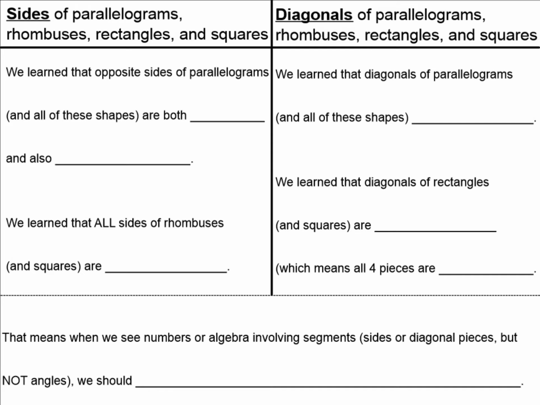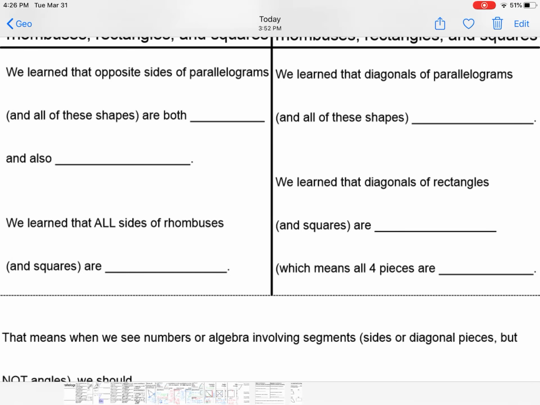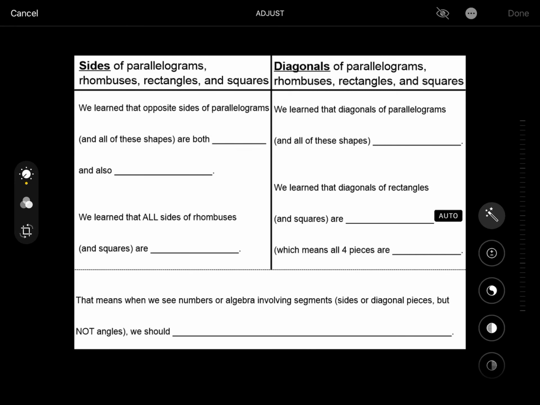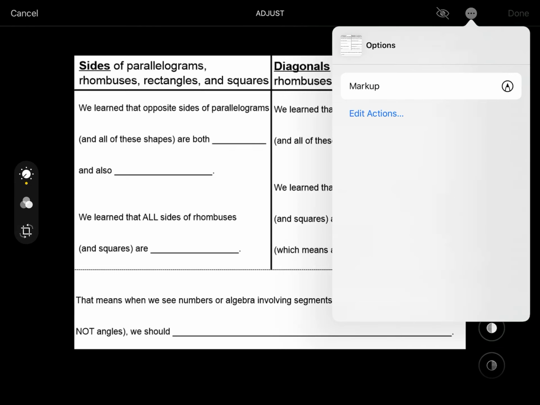Notice here on this page, the review stuff is on sides and diagonals, which are segments of these shapes, not angles. We'll deal with angles and 90 degrees, 180 degrees, 45 degrees, more in our reviewing tomorrow. So, what do you need to know about sides and diagonals of these different shapes? And the answer is, to start,